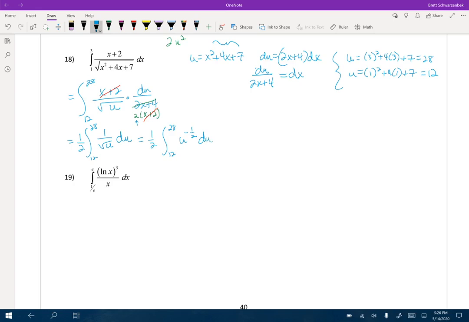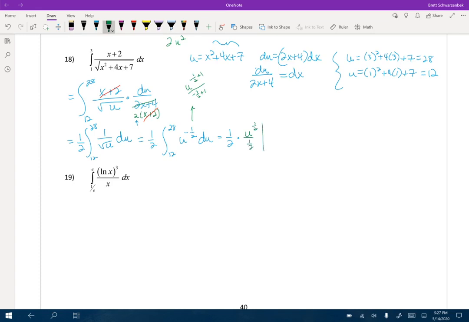Because it's u to the 1/2 in the denominator, we want to move it to the numerator. So a lot of stuff going on here. Alrighty, so we have to take the integral. So 1/2, we take the integral of u to the negative 1/2. As an aside here, this is going to be u to the negative 1/2 plus 1 over negative 1/2 plus 1. And negative 1/2 plus 1 is just 1/2. So we're going to end up with u to the 1/2 over 1/2,